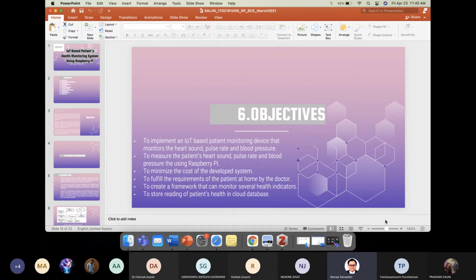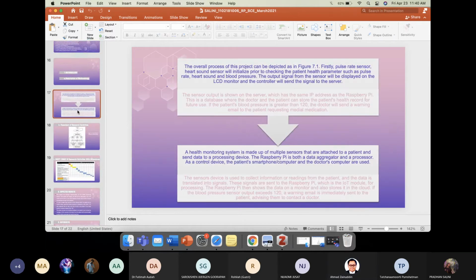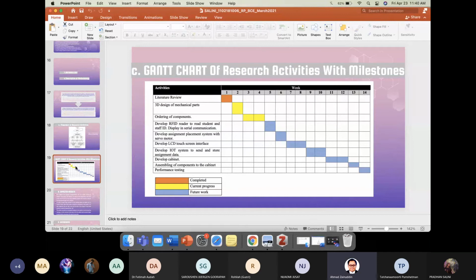And next, can you move to your methodology? Methodology. No, sorry. Gantt chart. Okay, guys. What I received from students, there is some, not error, just to modify your Gantt chart a little bit, especially for the weeks 1, 2, 3, 4, 5, 6, 7 until 14. I think this is not the correct one. You should put